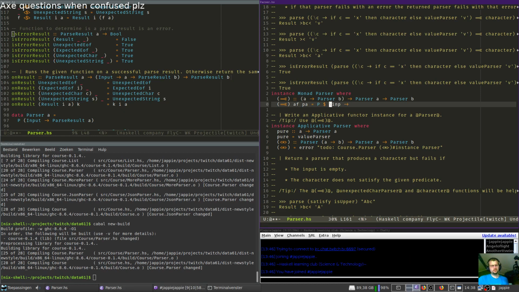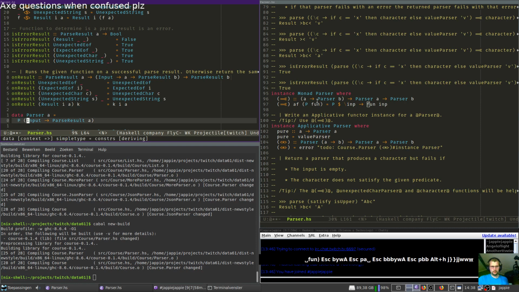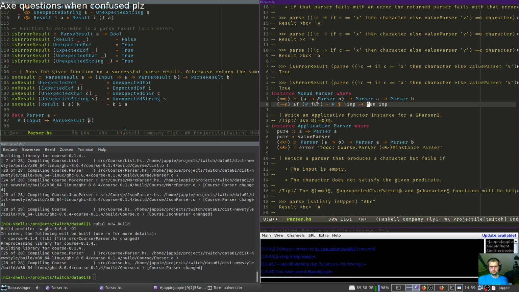At least in the arrow paper they said that. Was it parsers or was it the other thing? We get a parser A. We can get input in here. So yeah, we get an input. We get a parse result A. But we need to have an A to get parser B.